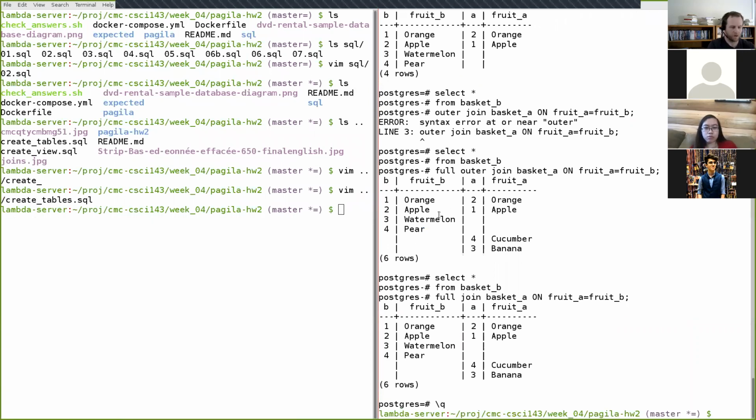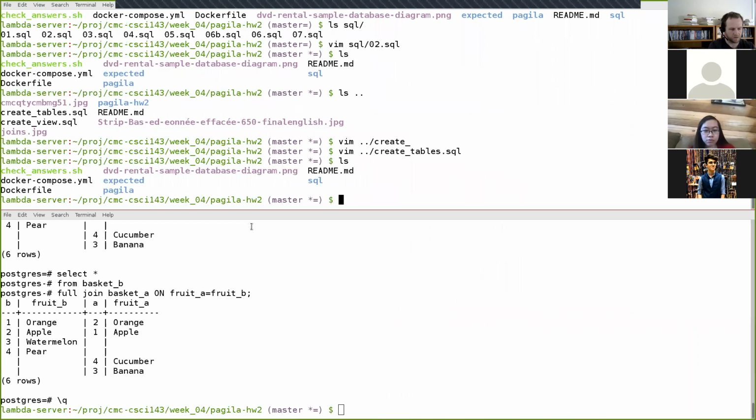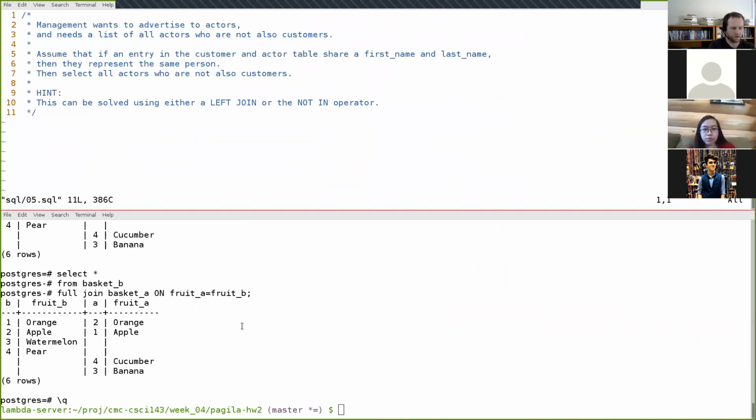Okay, then the problem that I want us to look at is problem number 5 in the homework. So let's go back this way. Number 5. In this problem, it's similar to one that we looked at on Monday, where we're connecting the actors table to the customers table. And so let's take another look at